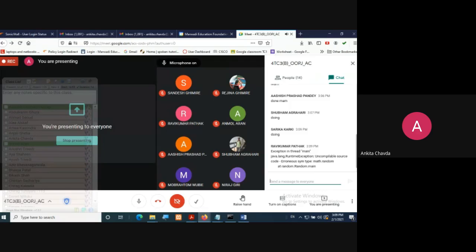Here you need to understand that in Math.random, you have to write the M as a capital. Math is a class and random is a method of that class. So write whatever I've written in that way only, because Java is a case sensitive language. So you already know this.